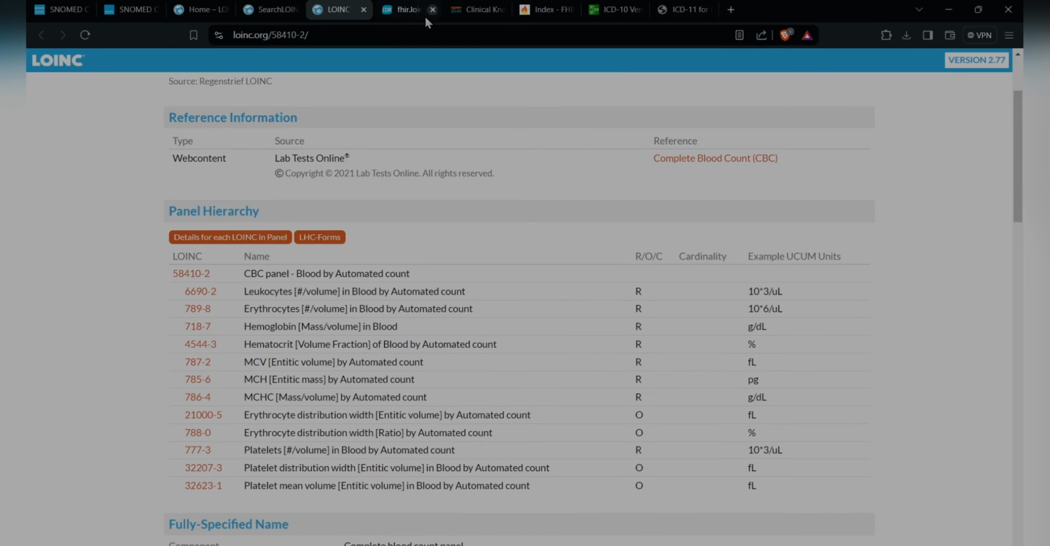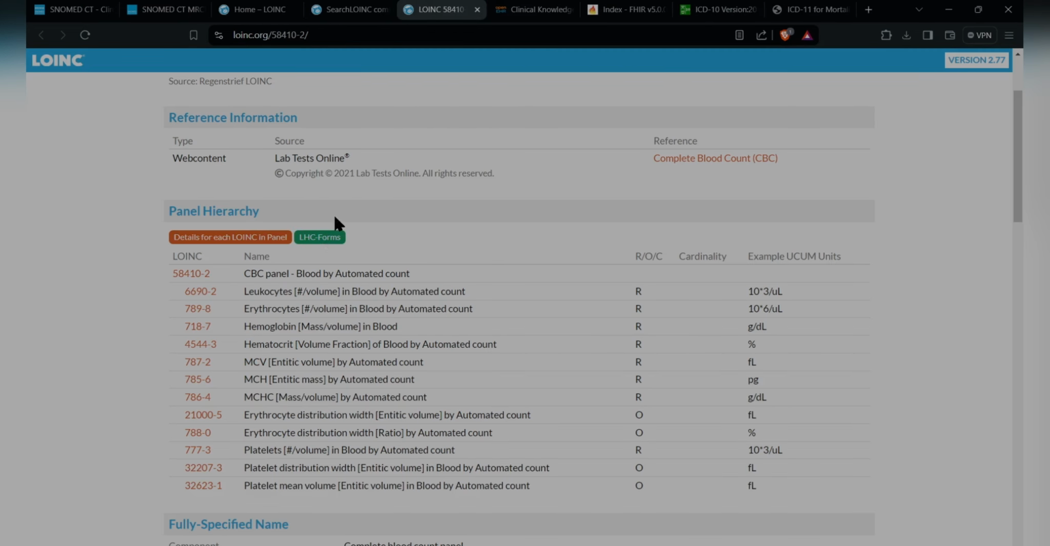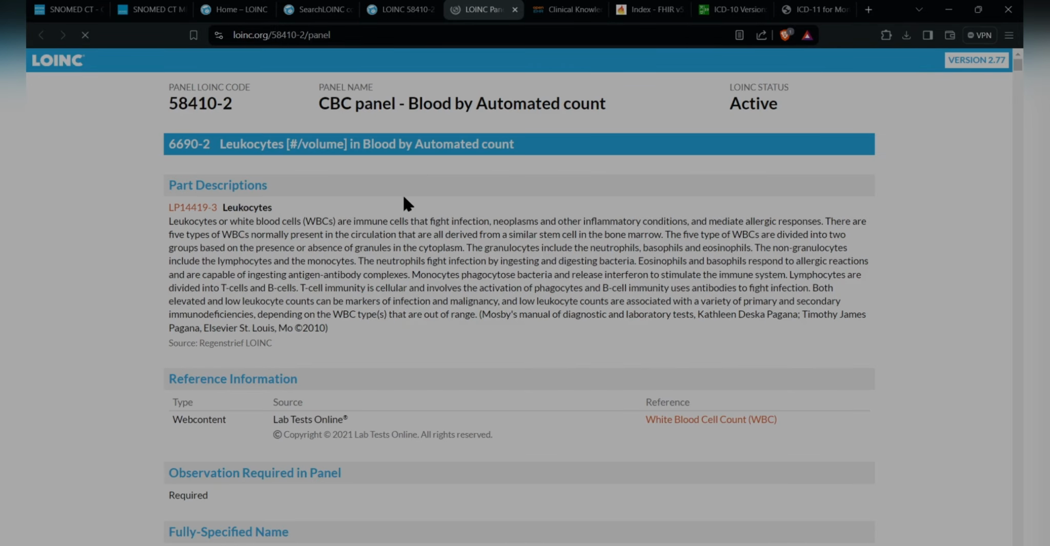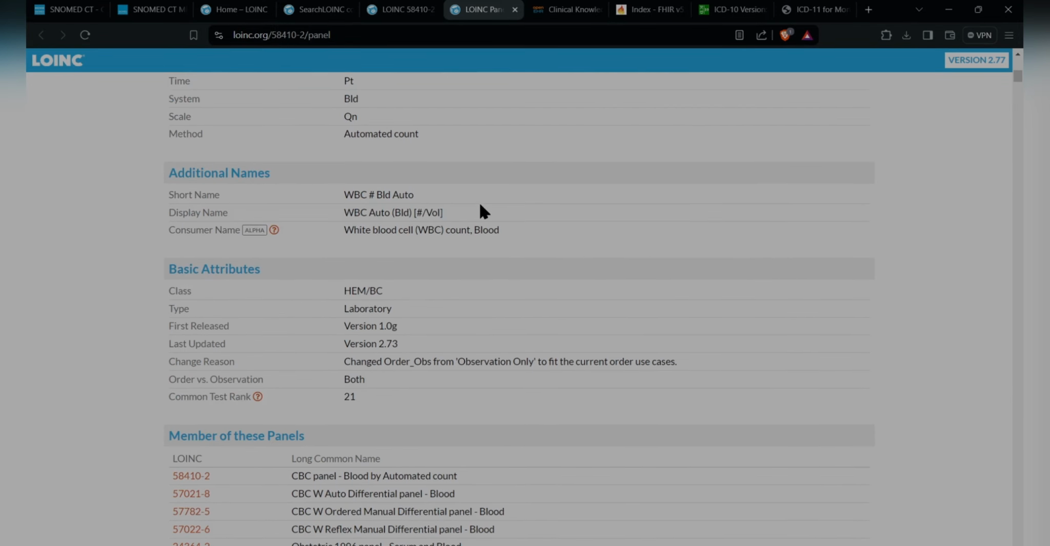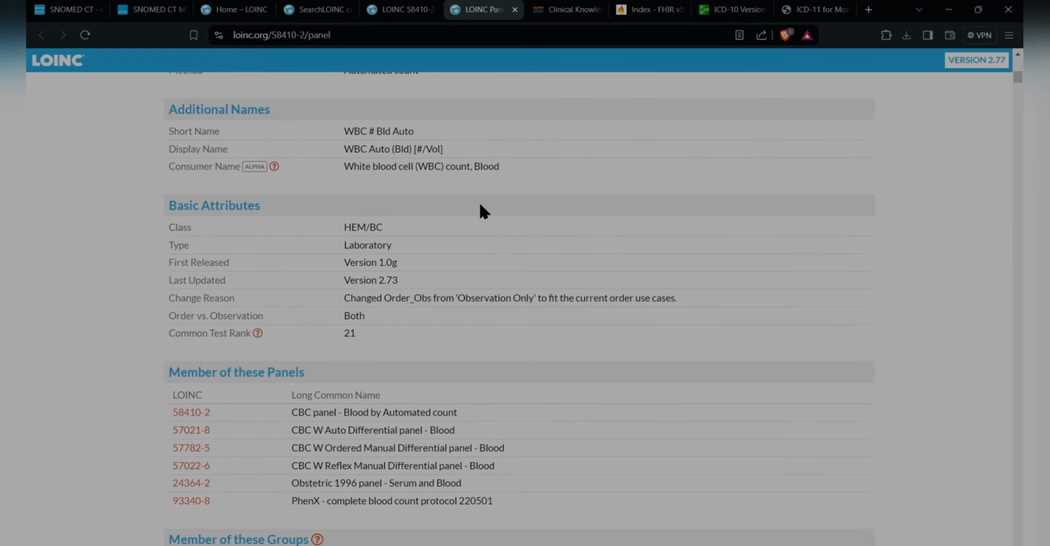Now I will close this. Now here there is something called LHC Forms. So you have details for each LOINC in the panel. I can click on that too, and I will go back to the same page. No, this is not the same page. This is the observations in panel,